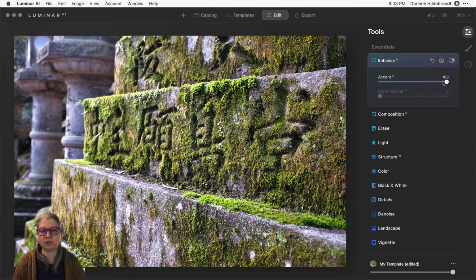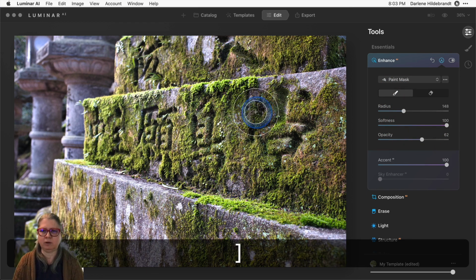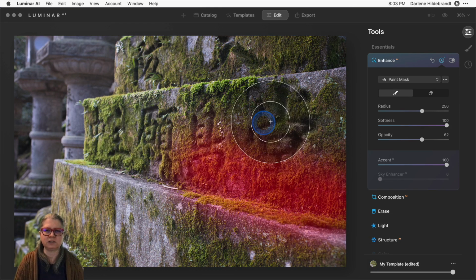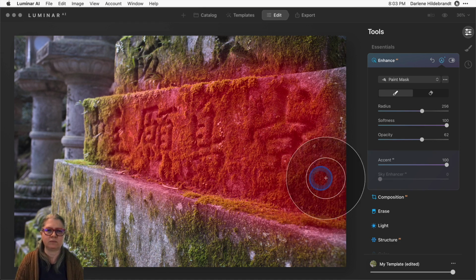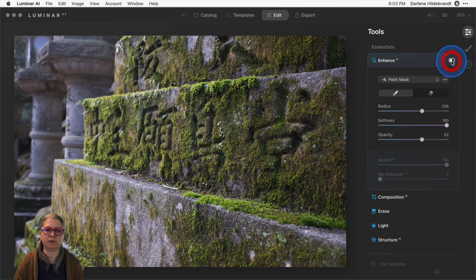So remember the masking trick that I just did on the last image? I'm going to do that here as well. Because I want the viewer's eye to go to this middle ledge with the carvings and the moss and not the background or the bottom part that's lacking interest, I'm going to mask it. And once again, I'm going to paint in, lower the opacity a little bit, get a bigger brush, and paint it in to just this top level. Okay, so you can see what's happening now is I'm giving the extra punch here, but it's not affecting the whole image.